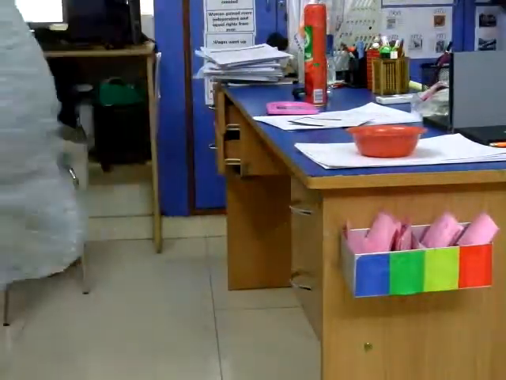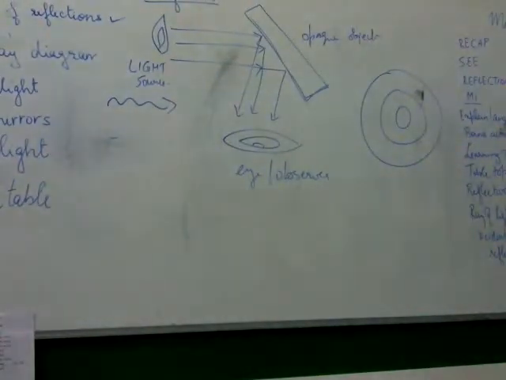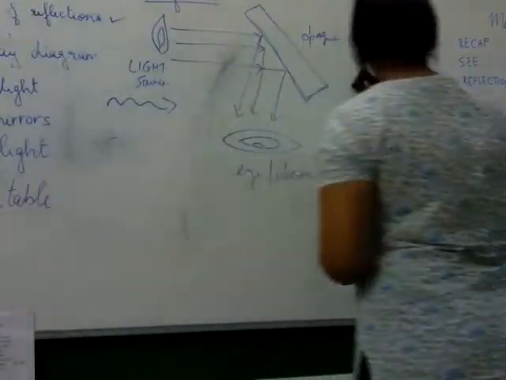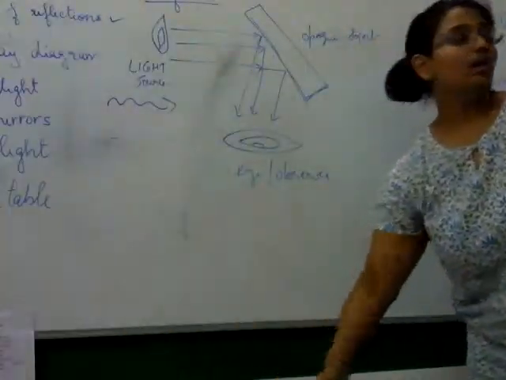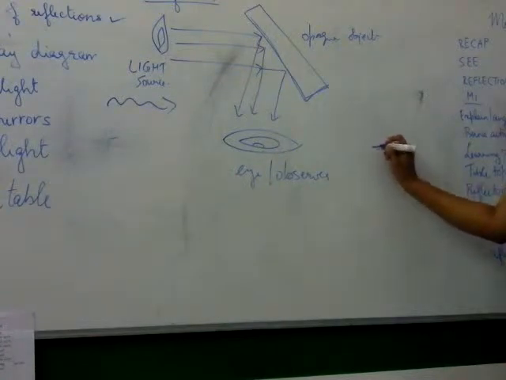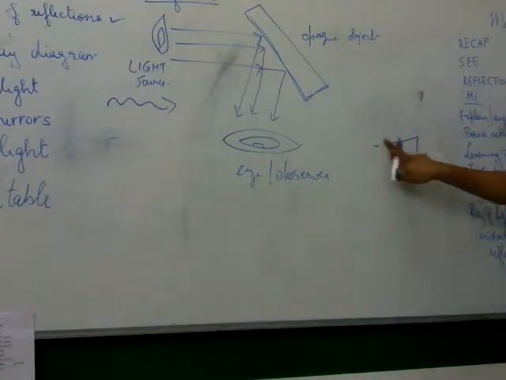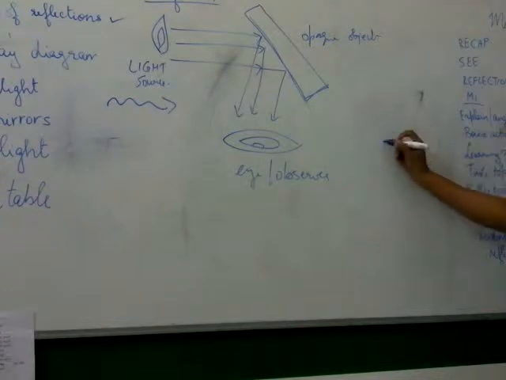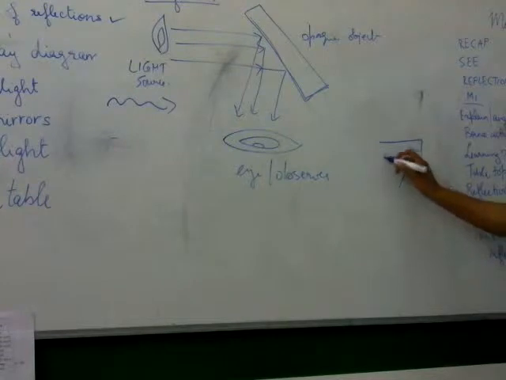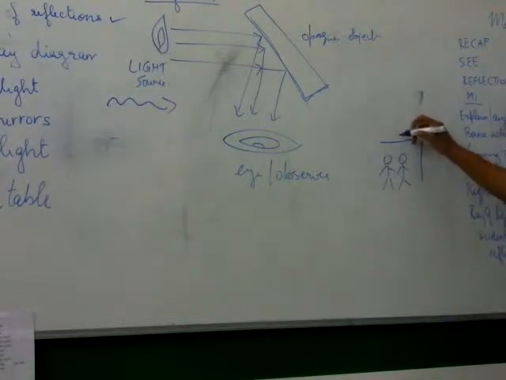Hold on. Okay. Now, what I want you to pay attention to is this. What we're doing is, you have a table. I'm just calling out the picture view, okay? We have a table, okay? And there are people sitting under it. And there's an object on top, whatever it is. Okay, say a spray can.